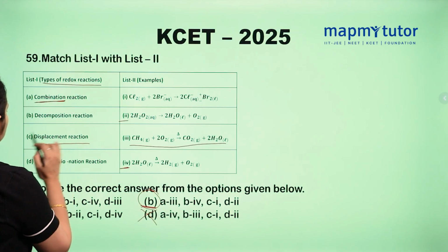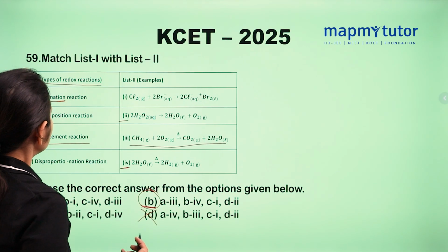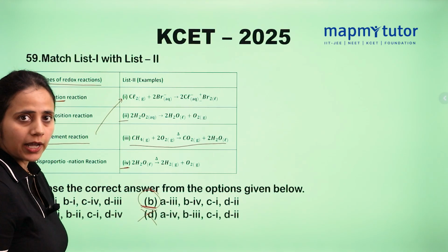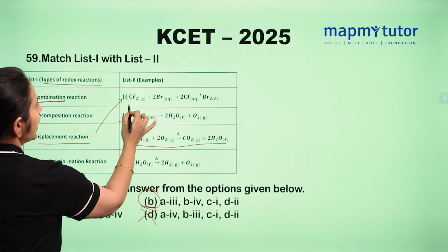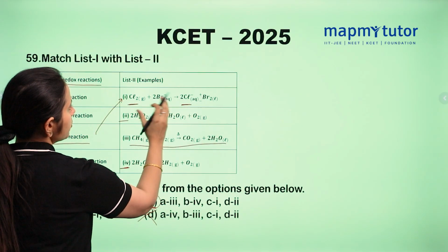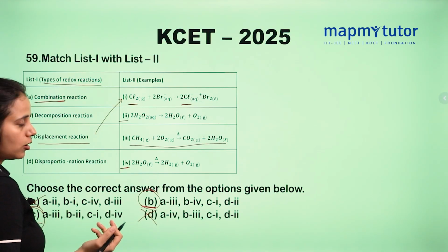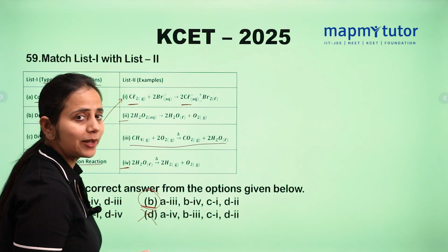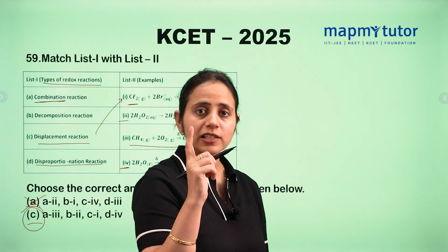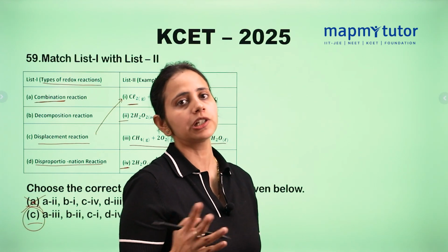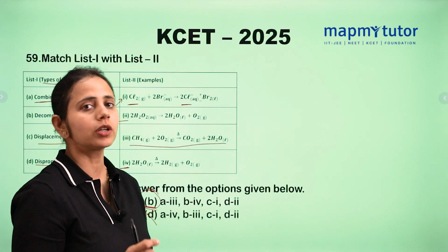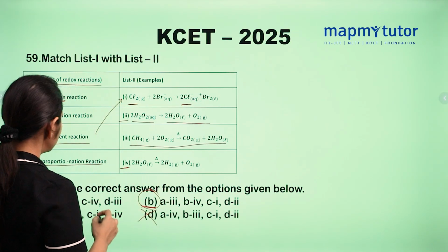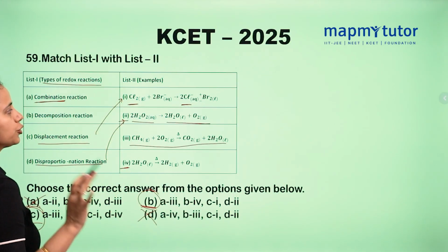Next is displacement reaction. What is a displacement reaction? This is a displacement reaction, that is the displacement of an ion in a single compound. This is from chloride to Cl negative. This is the displacement of an ion or a compound in a compound. Okay. What is a disproportionation reaction? This is a special type of redox reaction in which a single reactant contains both the oxidation and reduction. Such type of reactions are known as disproportionation reactions. Say this, H2O2 to H2O plus O2. This is an example of a disproportionation reaction for sure.